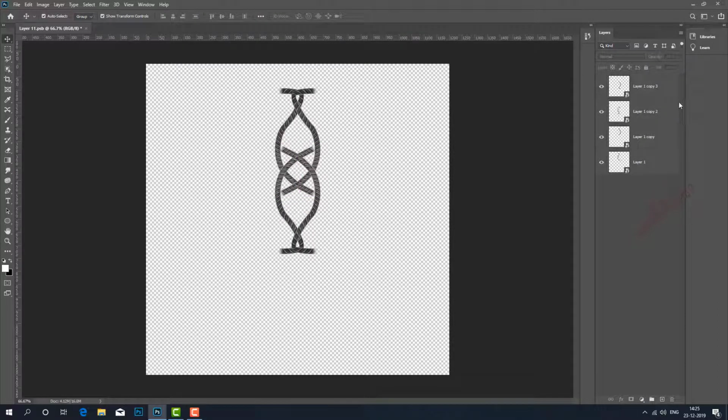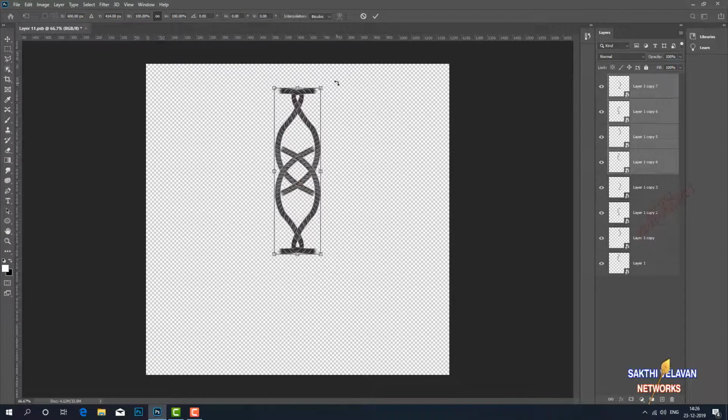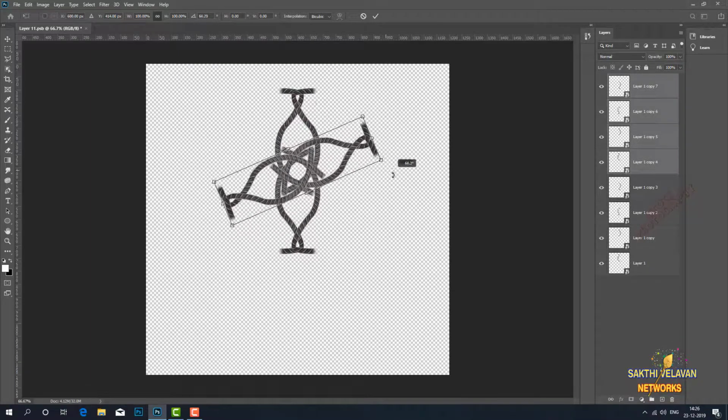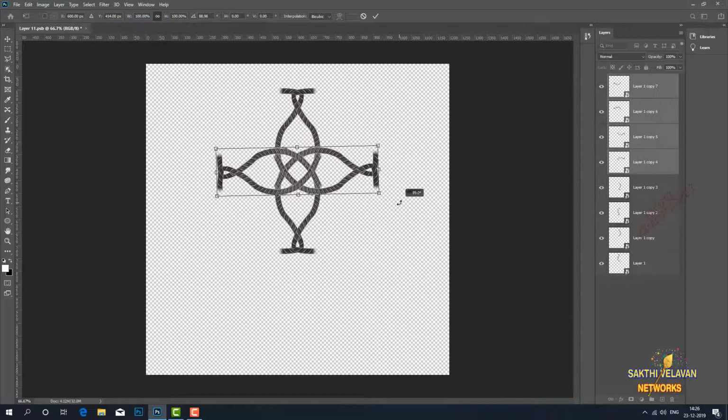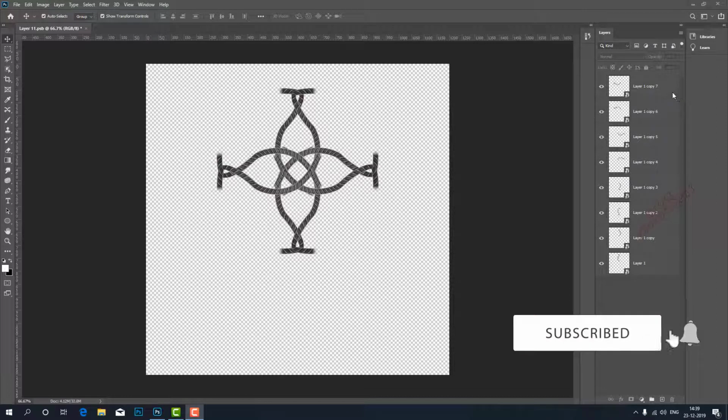This time I want to select all of the layers and Ctrl J to duplicate and Ctrl T to transform and rotate this. Now I created a beautiful design with this effect. Look at this. I want to make some changes in the design, so I select the first one and double click